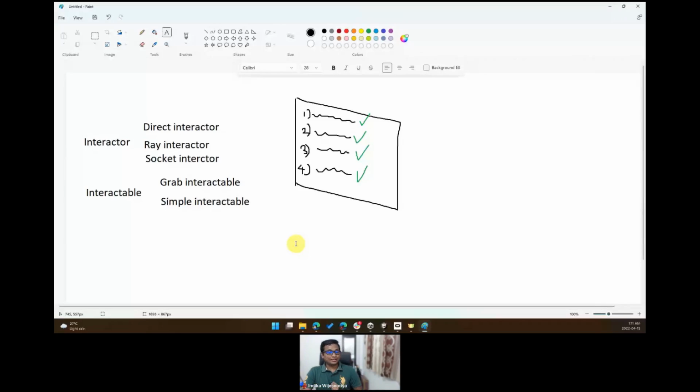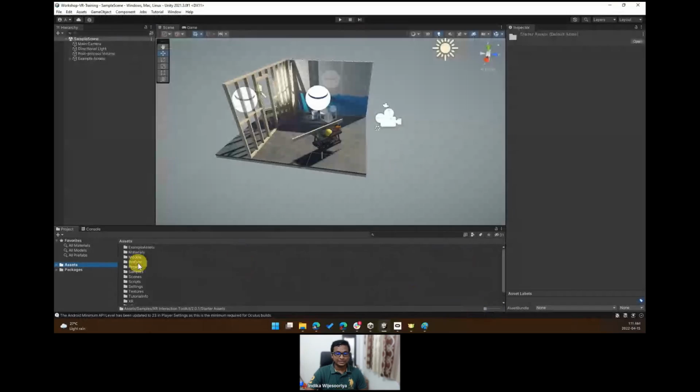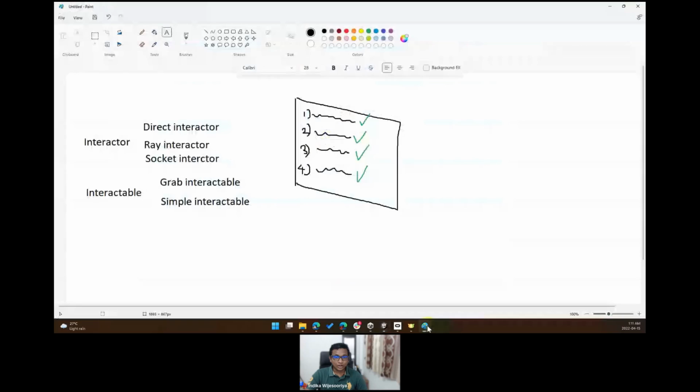Okay, right. So now that we have installed our package, let me go back here. If you go to the prefab section, double click and open it up. Inside of this, you can see something called Xr. What is a socket interactor again? A socket interactor is similar to the direct interactor and ray interactor, but it works